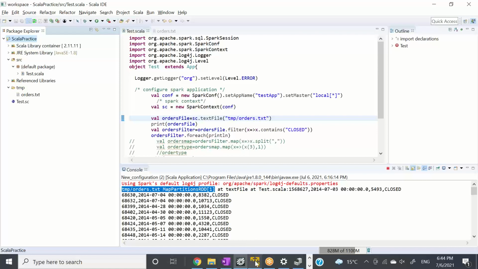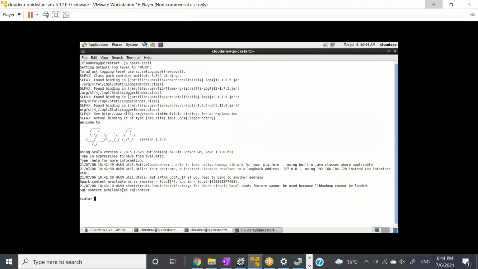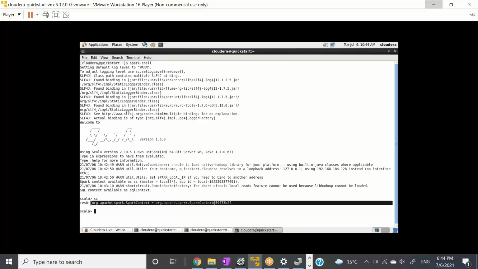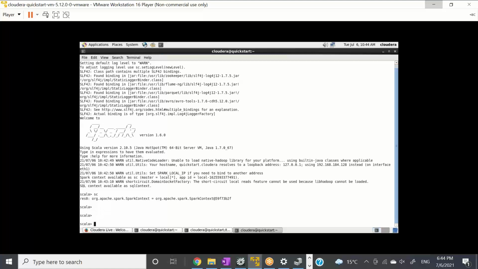Okay, so let's go here. What we have done here, the first mode was interactive mode. In interactive mode, Spark created a Spark context for us here. See, when we type SC, it will automatically create a Spark context for us. Yeah, so it has created one Spark context for us, right? Whenever we run this program, this Spark context will be used to store the metadata on your behalf.